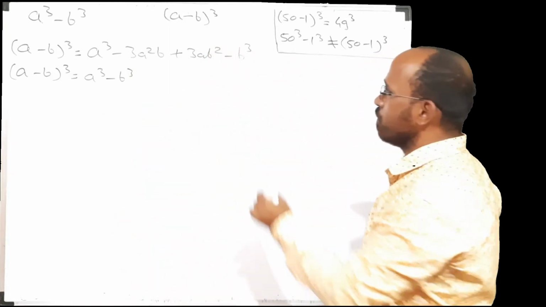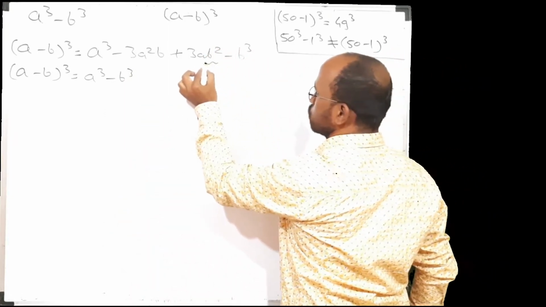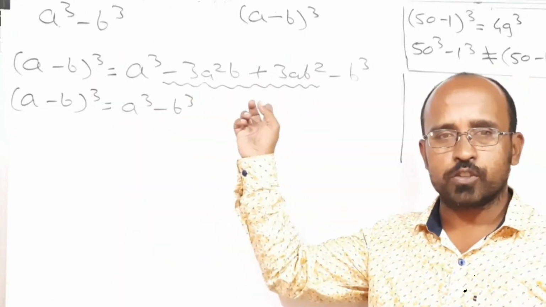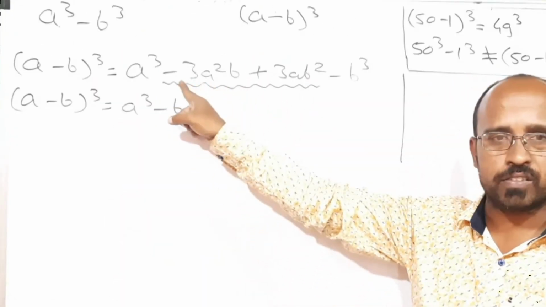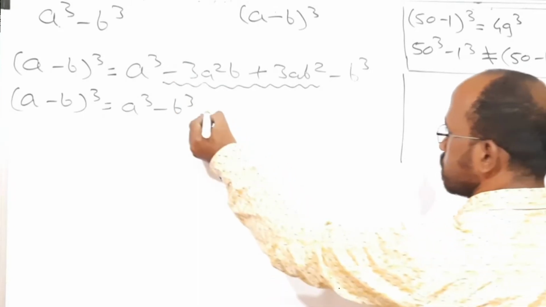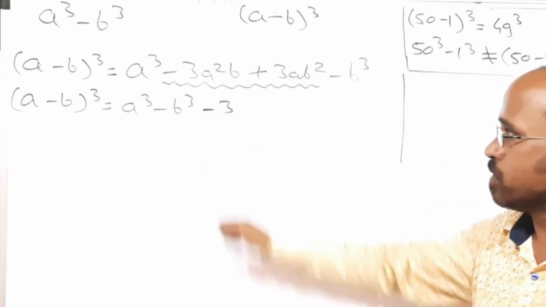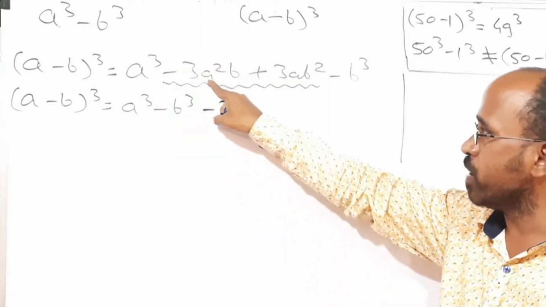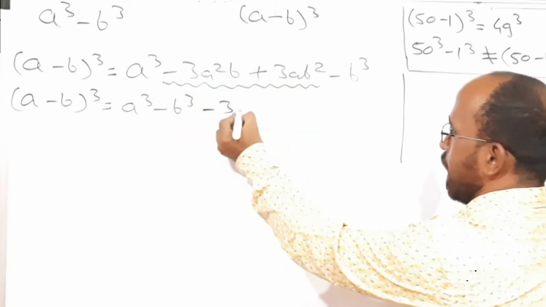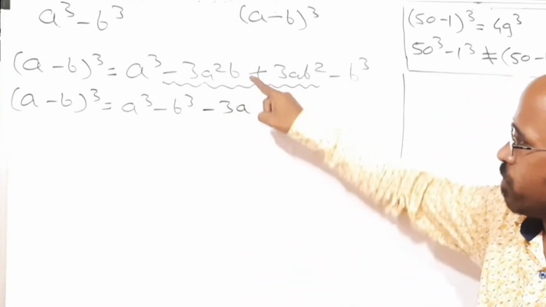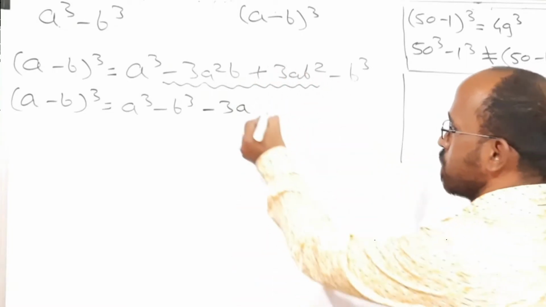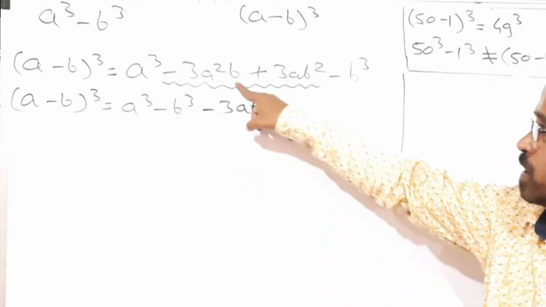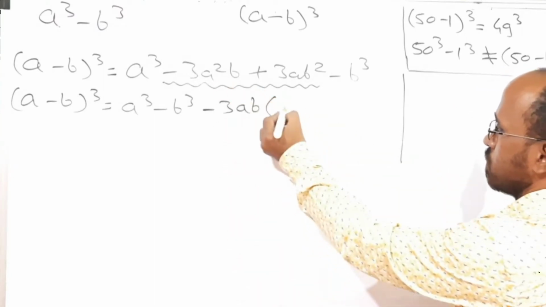Now we have to find out the common between these two. Now between these two terms, let us take this minus 3 common. Between coefficients 3 and minus 3 I have taken common. Between variables a square and a, I can take a common. Between variables b and b square, I can take b common. So what will remain in the bracket? In the first bracket will remain plus a.